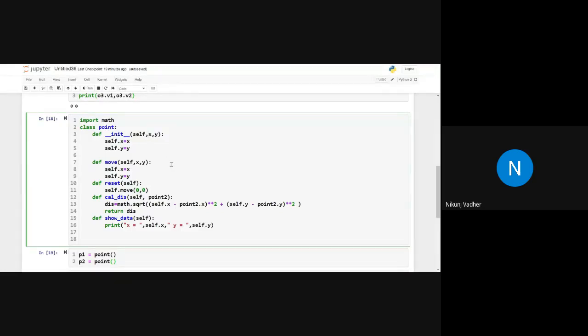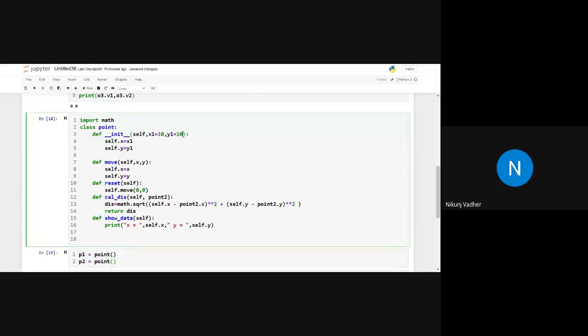Okay, now here, so x1 and y1, so we can avoid the confusion. Now, whenever we learned user-defined functions, at that time we learned default arguments. That same default argument we can also specify for a constructor. Let's say the user is not passing any value. In that case, you can specify the default value.